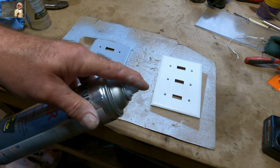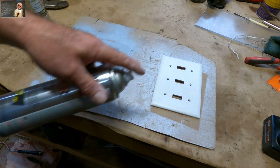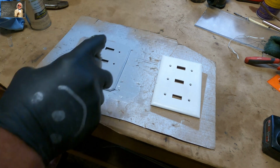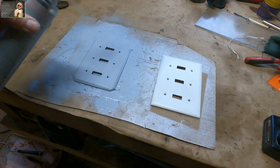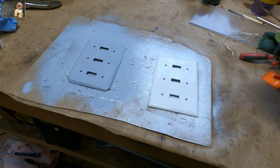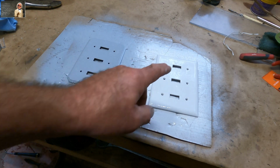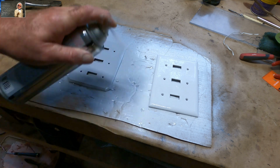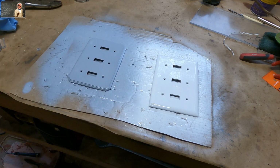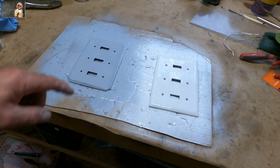So we got a little bit on there. I wiped it off with some adhesion promoter and got off the rain spots that were on it, so we're going to primer this again. I like to put it on heavy. What I'll do is put 2 coats on that, 2 coats on this. It already looks beautiful. We'll come back in a little bit and I will paint that white once the